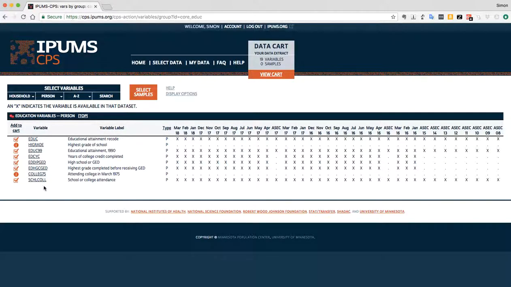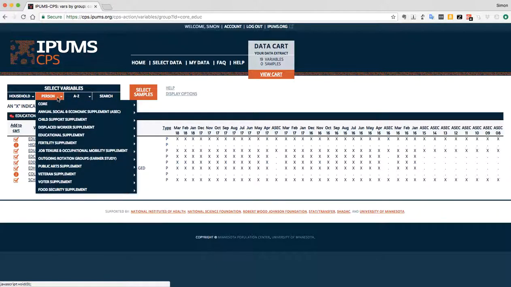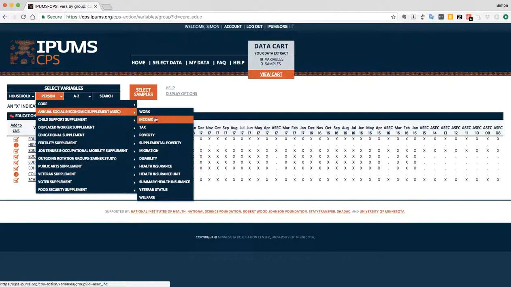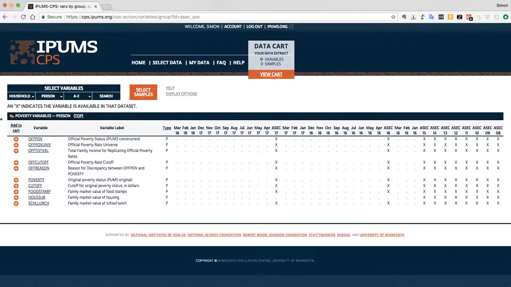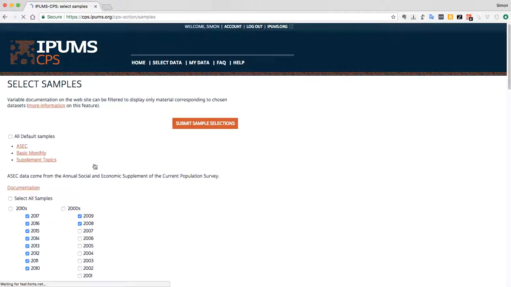that I'm interested in. And then finally, again going on person, I'm going to go to the annual social and economic supplement, and the thing that I want to understand is poverty. Now, because there are a variety of different indicators here, once more, I'm going to click on this plus sign, and I'm going to select all of those variables there. Now, what I can do here is click on the samples that I want, and I'm interested